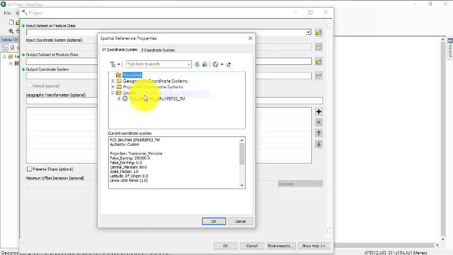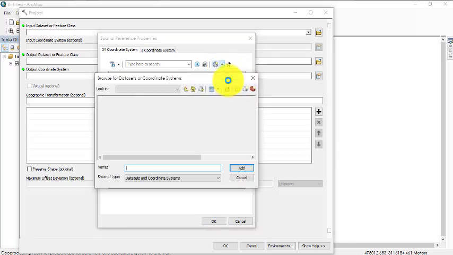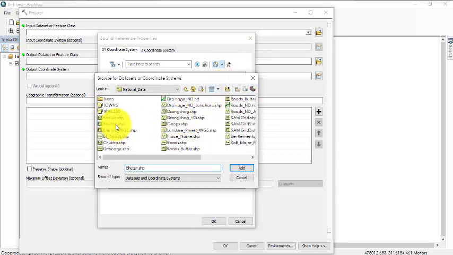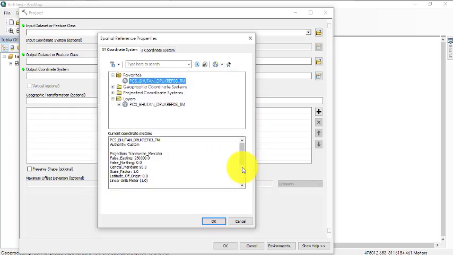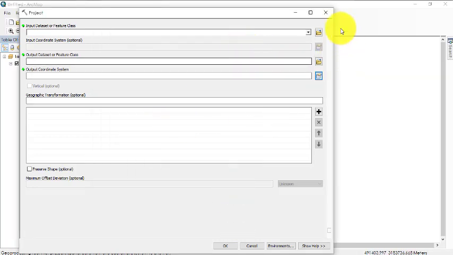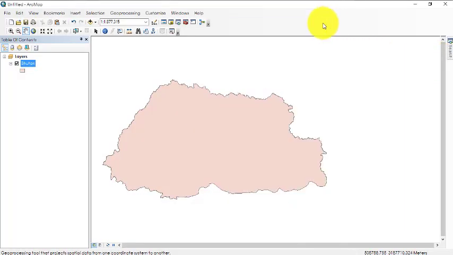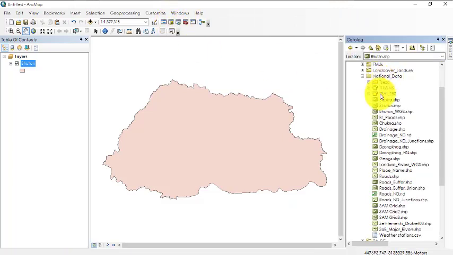I'll just show you once again. I can remove this from favorite to make the coordinate system a favorite. Just go to the drop down, go to import. I can just import the coordinate system of Bhutan, because Bhutan has both the PCS TrueGraph as well as GCS GRS 1980. Click OK, and it comes under favorite. So next time I want to define, for example, next time I'm getting this one,